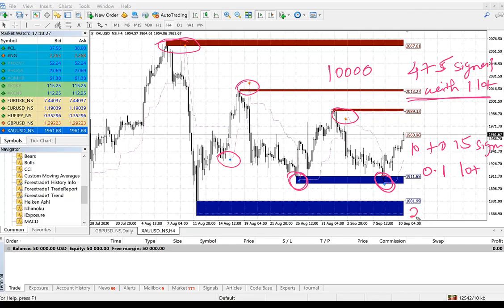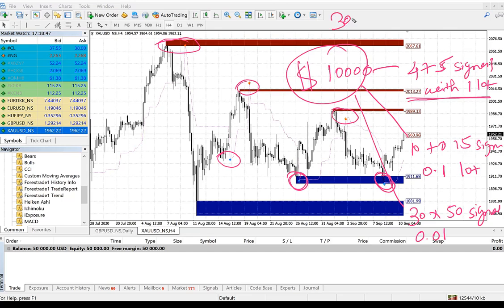If you want to use 30 to 50 signal pairs, currency pairs, then you can use 0.01 lot size with 10,000 USD. The reason is that it will create almost 30 to 40% risk, but the output will give you almost 100% to 600%